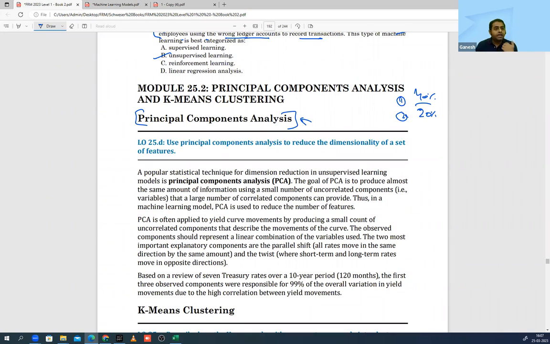Right? The machine will again go and try to find any variable which is able to explain the remaining 40%. Suppose the third variable is able to explain 10%. So as we do this process, the first thing you should be able to identify is that the first 3 or 4 components will explain the majority of the dependency.